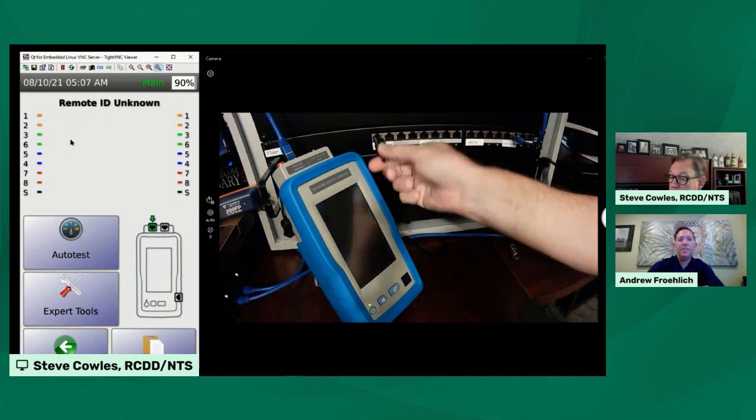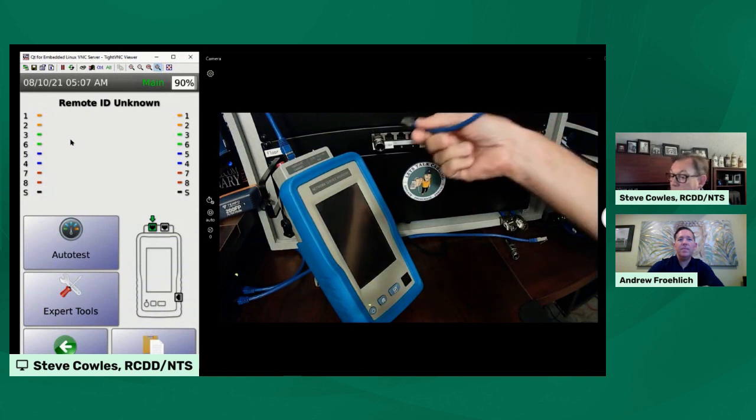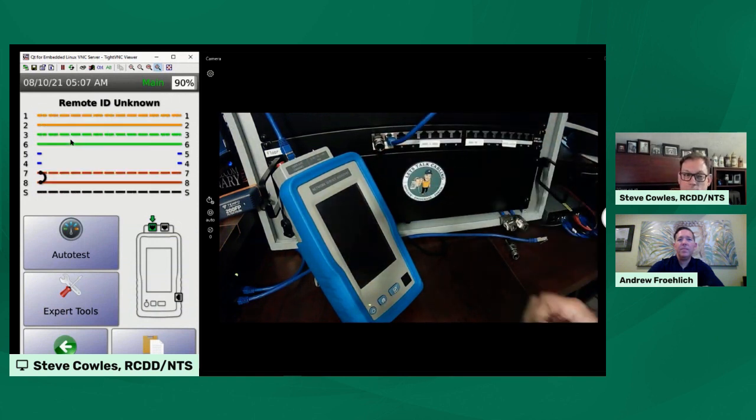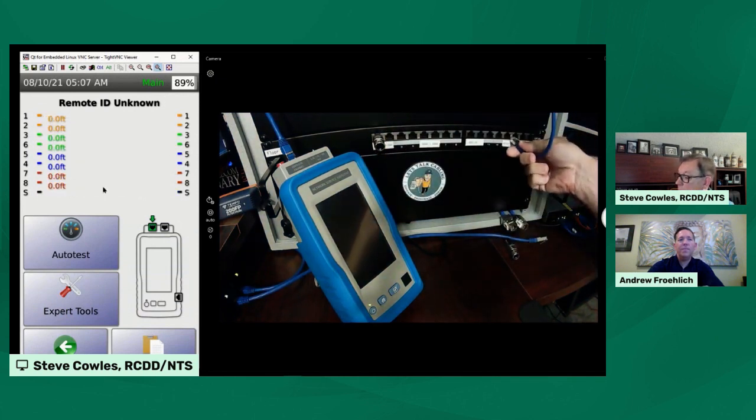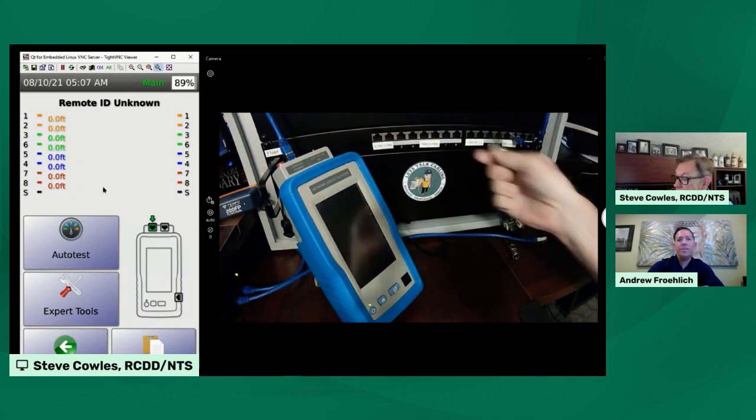So if I plug this into a different port over here, I'll just go ahead and plug in. And in this case, we see a problem with this wire map. We have an open and a short. If I click in the middle of the wire map, the NSA is going to run a diagnostic of the wire map and tell me how far out that open and that short are. So I see about 46 feet for the short, about 48 feet for the open. My experience tells me that's the same event on the cable. So I'll go back to the good one here,